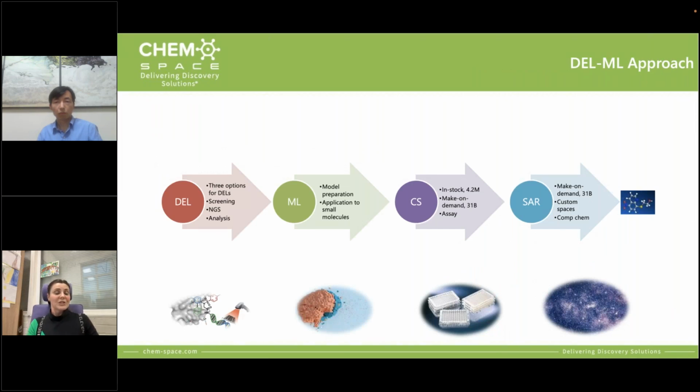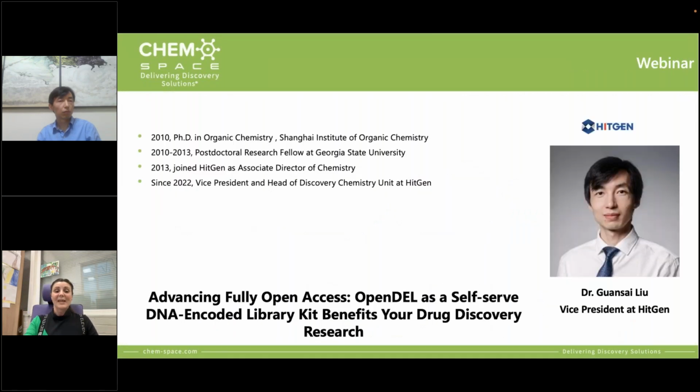And of course, the DEL approach. The DEL approach starts with DEL screening, and as you all know, DEL screening can generate a huge amount of data, and this data can be used to build ML models, which can be applied to accessible spaces. It could be an in-stock set of compounds. It could be REAL. So it's a really great approach, and of course everything starts with DNA-encoded libraries, and we are happy to